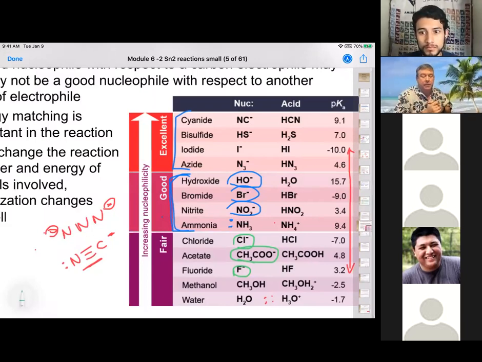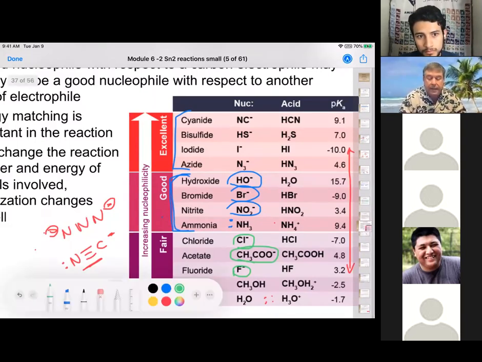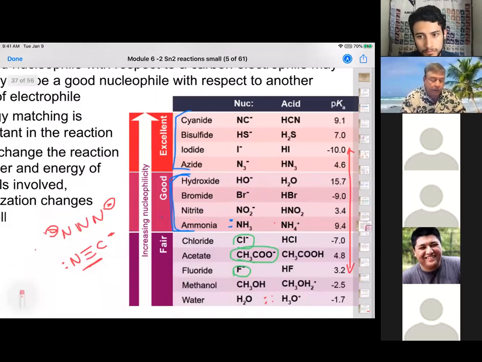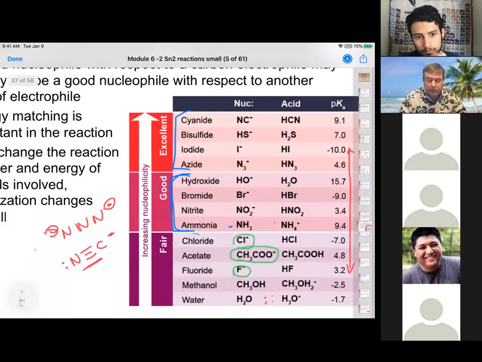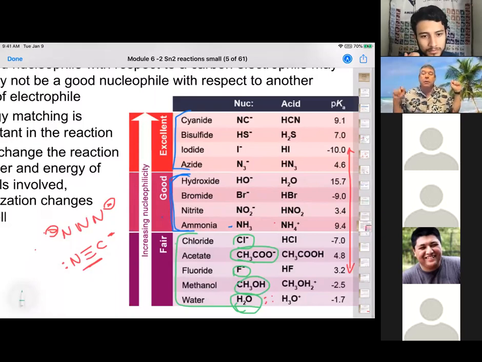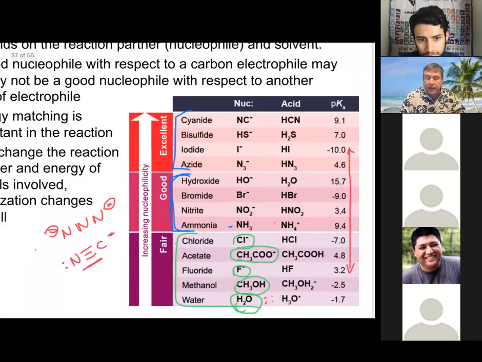I'm sorry about that. But so this table right here is a good way to get straight in your head the compare and the contrast between polarizability and where you can have good nucleophiles or fair nucleophiles that are neutral as well. So we have at least 3 neutral nucleophiles on the species, but it has everything to do with the lone pair. And notice that this acetate right here,